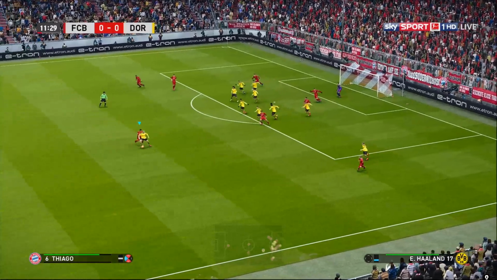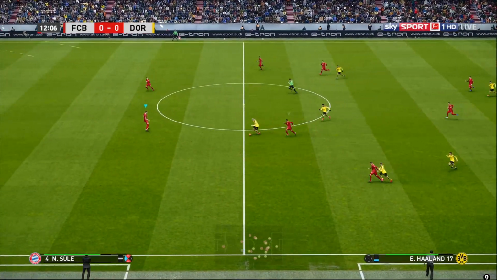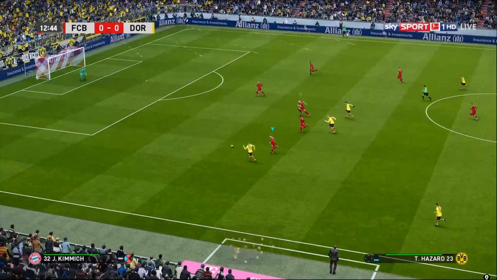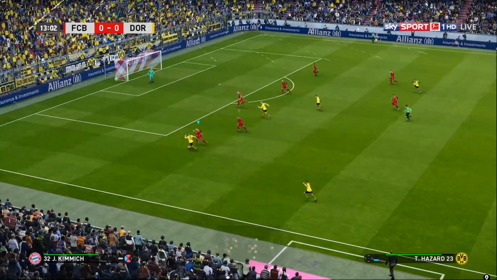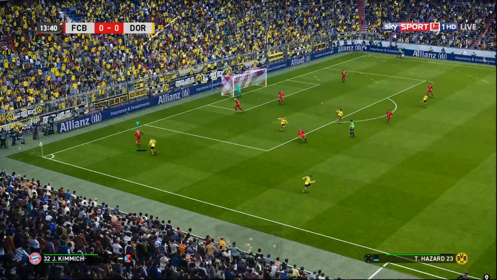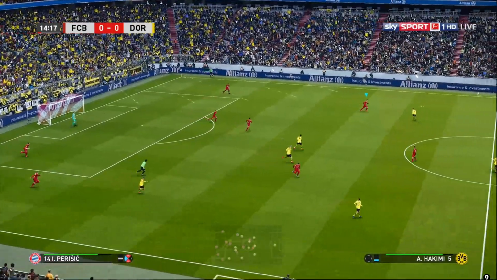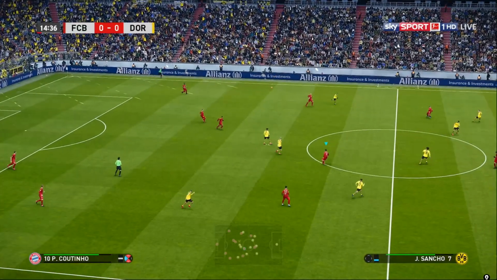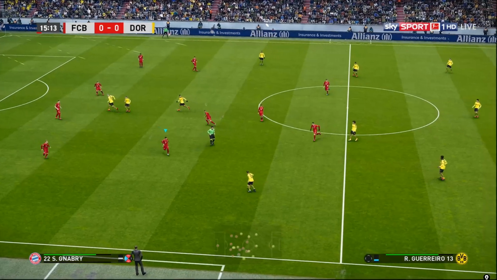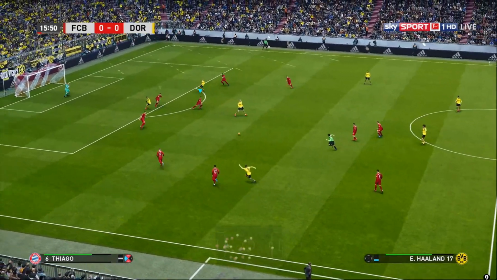And, sorry, not Neuer. Your Bayern Munich, sorry. So here's Haaland on the ball. Into Sancho. Torgan Hazard. Good bit of defending there. I like that. The fact that you went to the side of the player and then muscled him off the ball just by coming in at that angle,